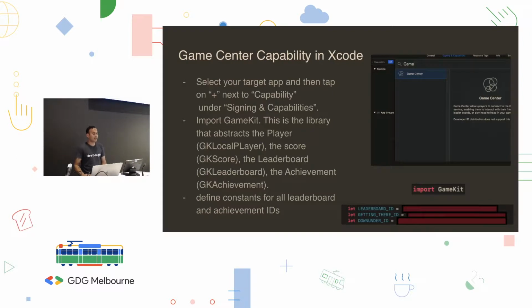When you want to use it in code, you just go import GameKit, which looks weird. It's not really a package name, so that's how I do it. It actually abstracts everything you need. So there's something called GKLocalPlayer, which is the class hosting the score. There's a GKScore, a GKLeaderboard, and a GKAchievement object. They're all single things. You also need to define all your string constants that got generated when you first added the leaderboard and achievement.